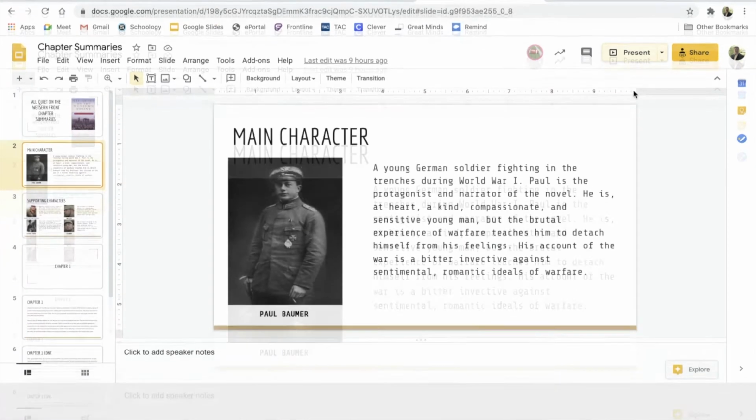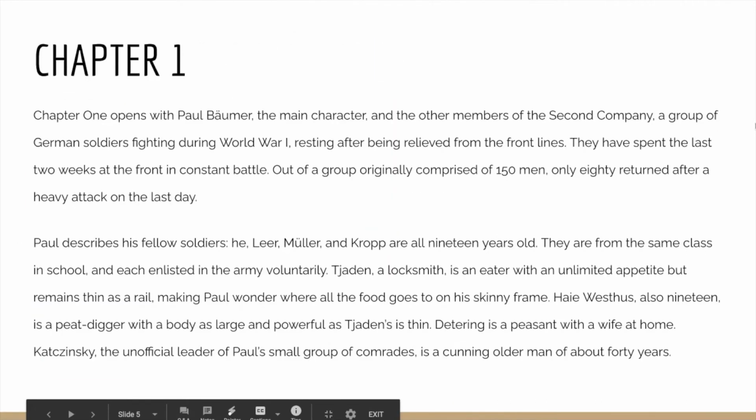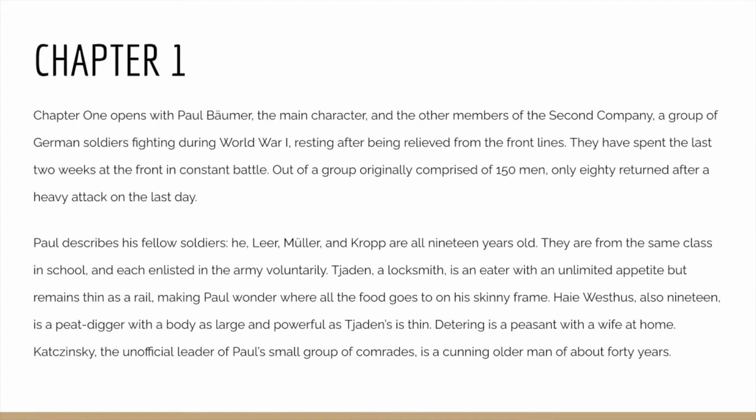So in chapter 1, what basically happens is that, as you can also see through the summary, it opens up with Paul Bäumer, right? He's the main character, and he introduces his friends in the German army, the other members of the second company, okay? And they're basically just introducing what they've been doing. So essentially, the second company, their group has 150 men. They go to the front line, they fight, and then they just come back with 80 men. So that means 70 men died in their first battle. And it's basically just catching them up to where they are in the war currently,